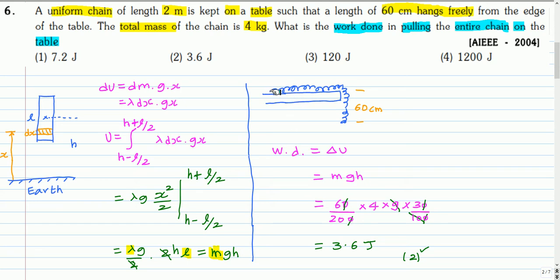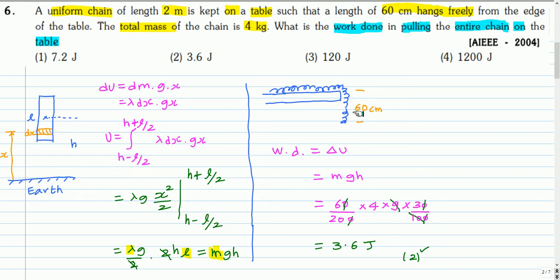Initially the chain is kept like this. The 60 centimeters of a total length of 2 meters is hanging vertically. Finally the whole chain is pulled up. Because of that, there will be an increase in the gravitational potential energy of this chain, and this increase will be the increase in the gravitational potential energy of this hanging part. The gravitational potential energy of this part is mg into h, where h is the height of the center of mass here. So if you take this as the reference point,